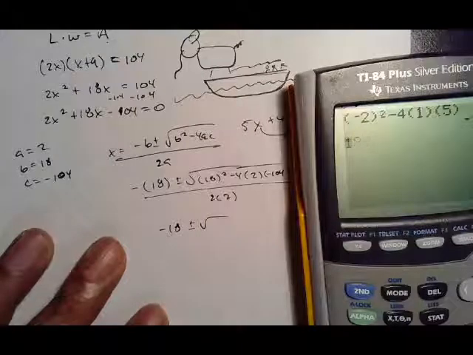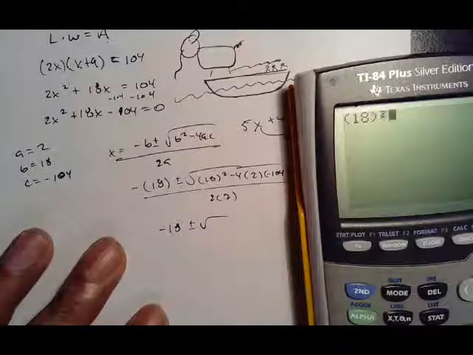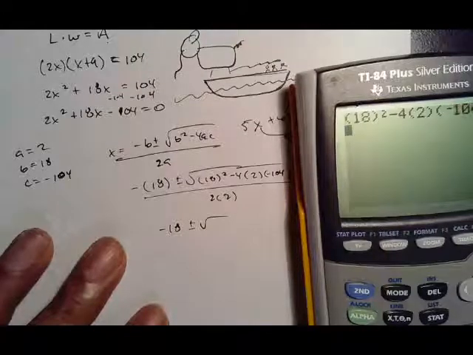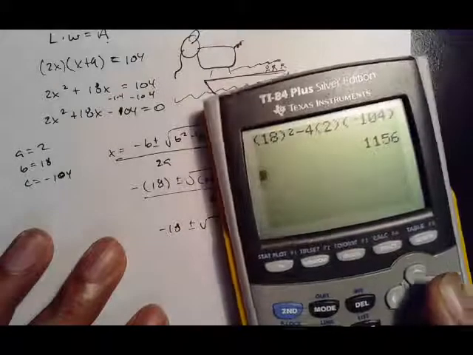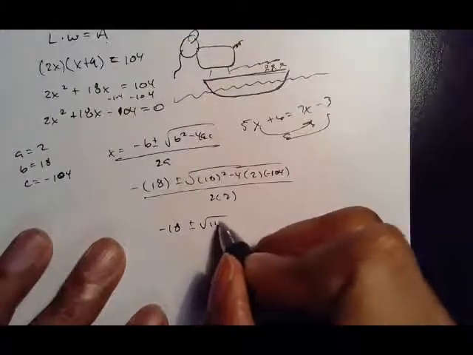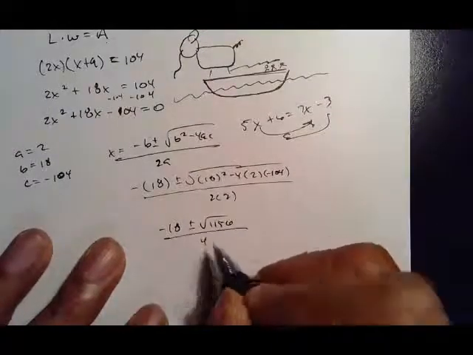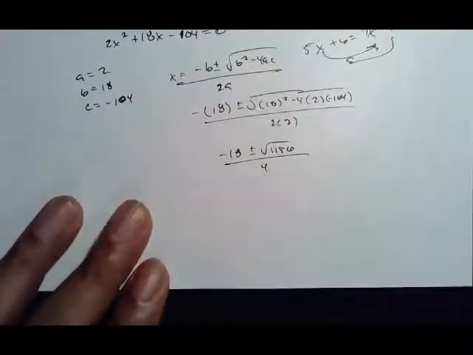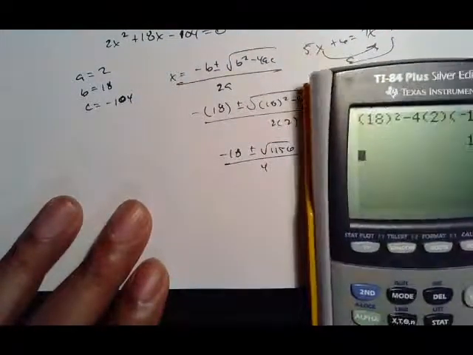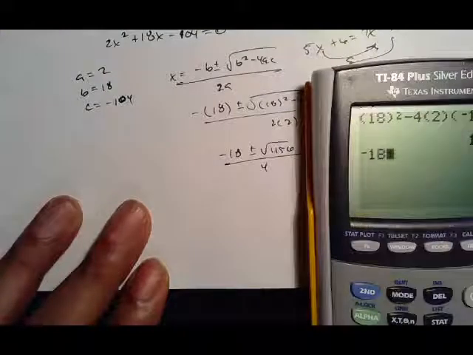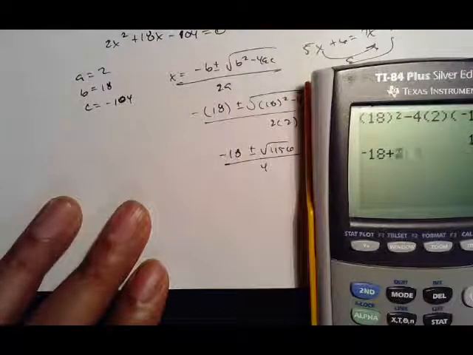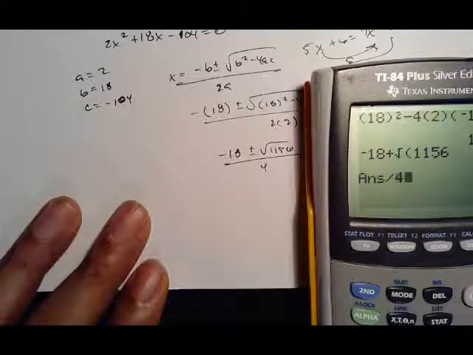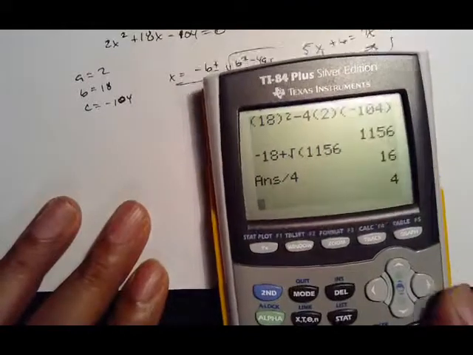18 squared minus 4 times 2 times negative 104 is an ugly number that we hope works out. And whenever I do the quadratic formula, I do kind of have my fingers crossed the whole time. If that's you also, that's a natural feeling. And so I will do negative 18 plus the square root of 1156 equals good, divided by 4 equals, and the reason I said good, if you didn't see,